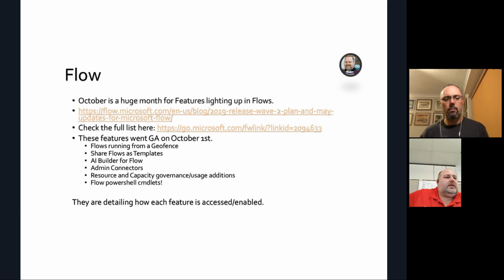So, flows running from a geofence. That'll be interesting. I am not sure. I'm going to go grab that one as soon as we get off this call and find out whether that's tagged to web access, whether somebody's doing something through the web interface, or whether that's initiated from Teams and the Teams app running, because you've got to have GPS coordinates, so it's really got to come from an app source. But I'll go dig into that. That could be interesting to set up some routines for people based on where they're at.